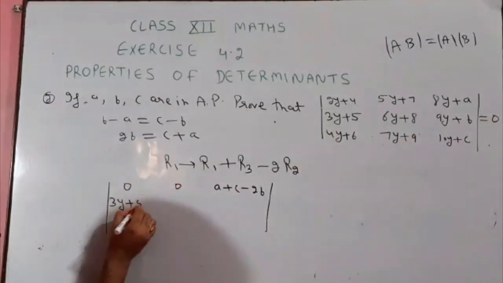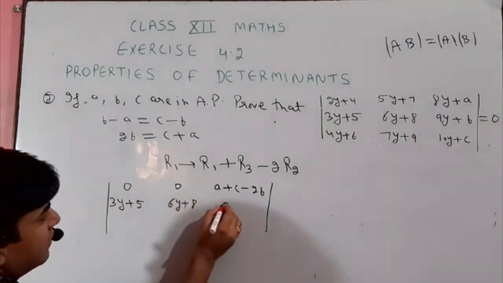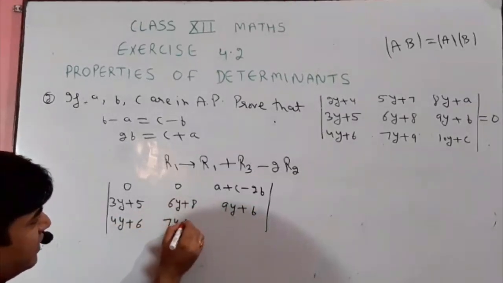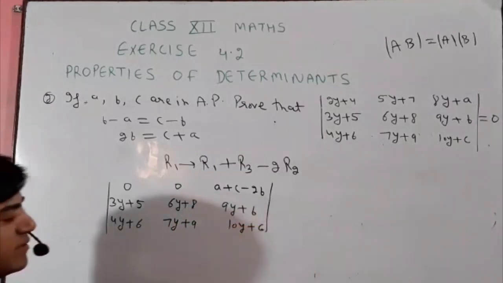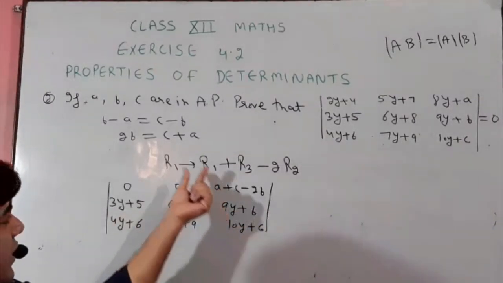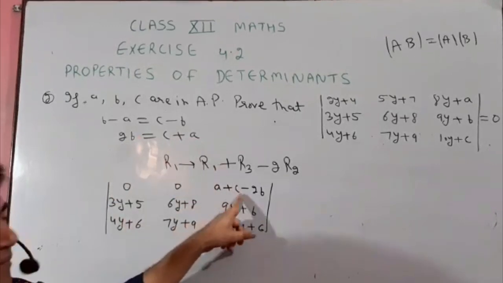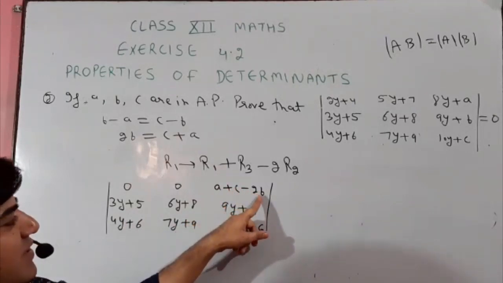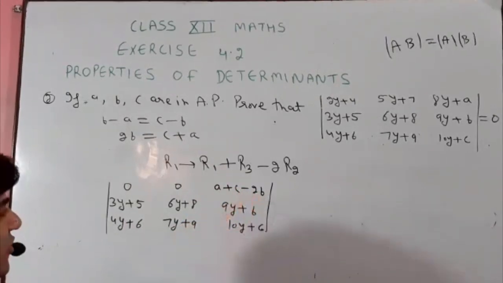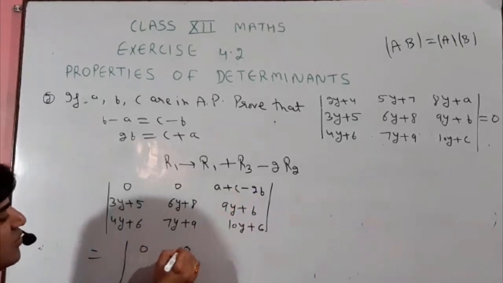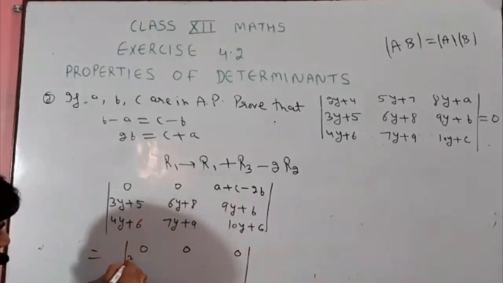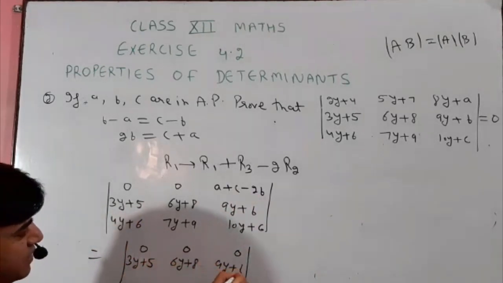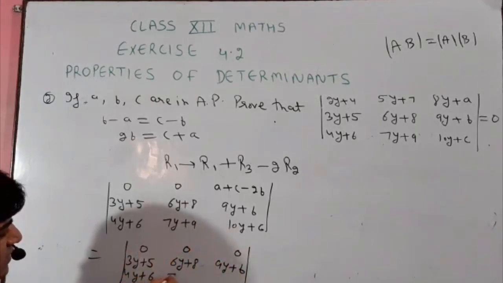That is 3y plus 5, 6y plus 8, 9y plus B, 4y plus 6, 7y plus 9, 10y plus C. You can see, given A plus C or C plus A equal to 2B, means 2B minus 2B equal to 0. So you will get this determinant as 0, 0, 0, and this same 3y plus 5, 6y plus 8, 9y plus B, this is 4y plus 6, 7y plus